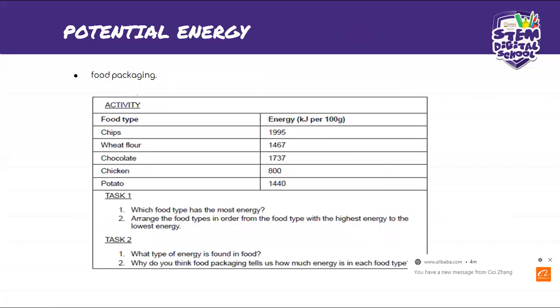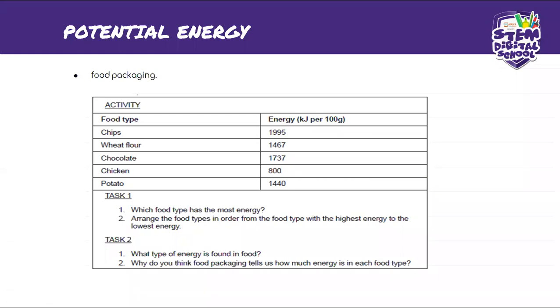Okay, the next slide. You remember in one of our objectives, we say we should be able to interpret what we have on food packaging. Right now, I go to buy a certain food item from the shops, and then I have the specifications there. So now I have the food type and then the energy per gram.